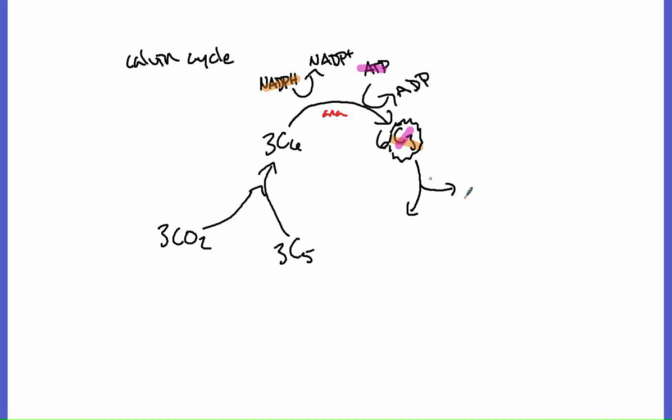But one of those high energy 3-carbon molecules exits the cycle for every turn. The other 5 3-carbon molecules need to stay in the cycle so that I can recreate these 3 5-carbon molecules. Again, 5 times 3, there's 15 carbons here. 3 times 5, there's also 15 carbons here. In order for this cycle to continue, I have to recycle these 3-carbon molecules over here to make these